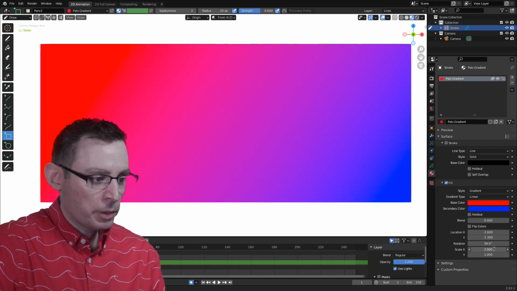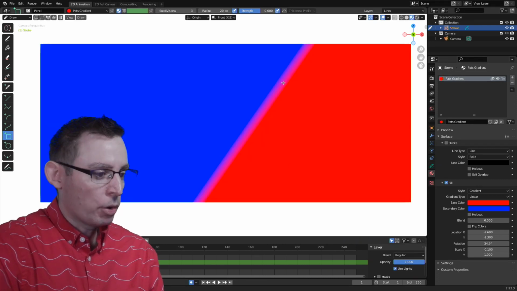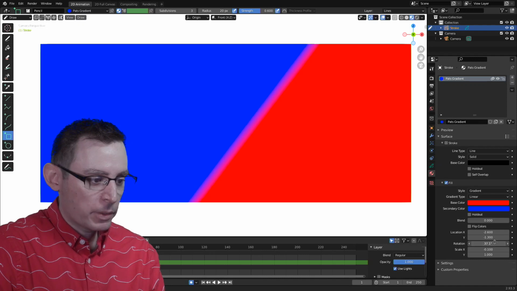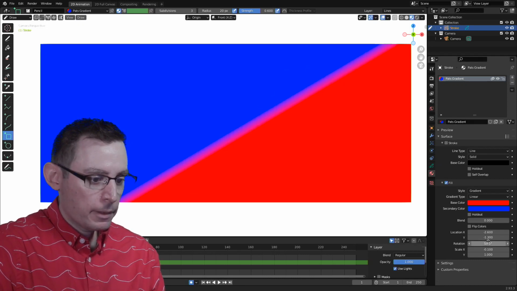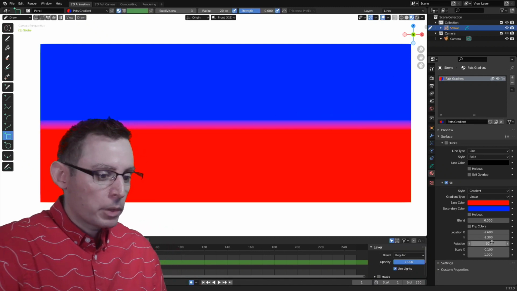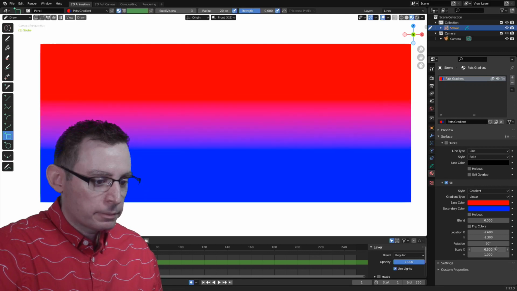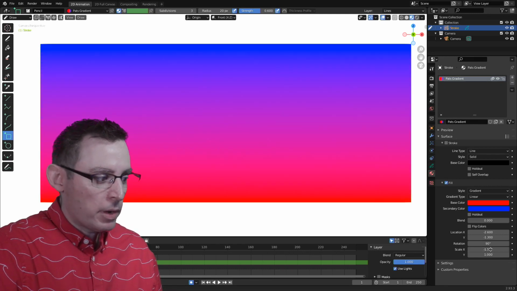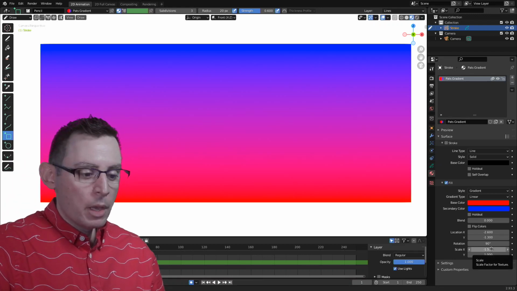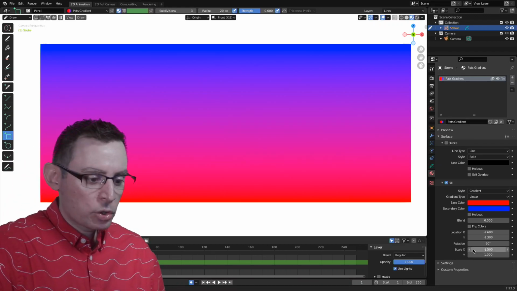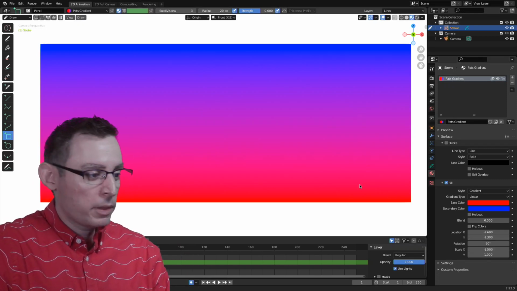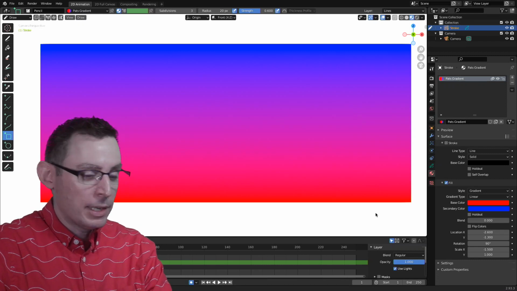Let's make the scale a little bit smaller, just so I can see it a little bit more clearly, and then I'll go back in and increase the scale once I have everything rotated. Yeah, there we go. Now that I can see what I'm working with here, I can put it at 90. There we go. Let's increase the scale once again. And now we have a nice gradient of color going from the top to the bottom, which is pretty cool. So small little movements, okay? Just don't run these sliders real fast because you're not going to be able to understand what the impact of those changes is inside of your scene.